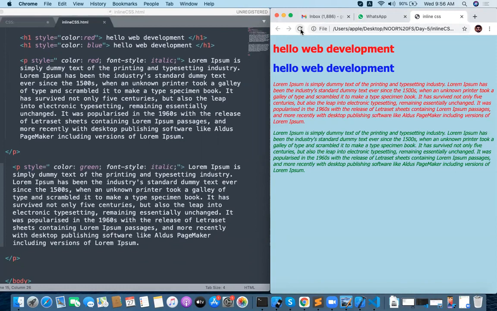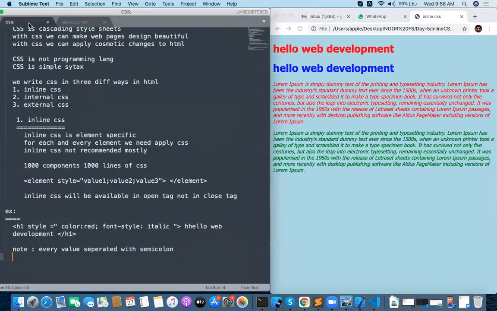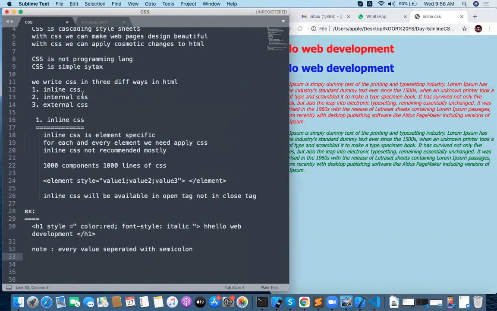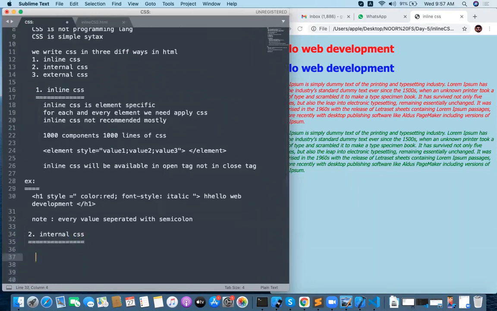In CSS, inline CSS is actually element level and element specific. For each and every element, we need to apply the CSS. That is the first concept you need to understand. And the second concept is very simple, straightforward. What is that? Internal CSS. How to write internal CSS? Very simple. Internal CSS will be page level, page specific CSS. For the complete page,